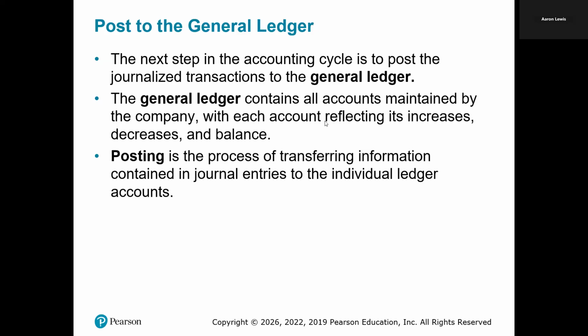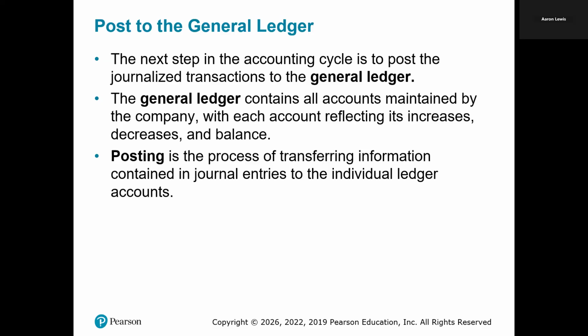After you've recorded your period entries in your journal, the next step is to take the numbers from that journal and transfer them to your general ledger. The journal is just a chronological record, in order, of what happened during the period in terms of events and transactions. The ledger is not a record of everything that happened,